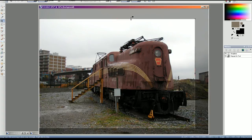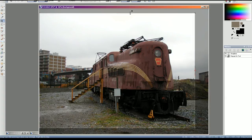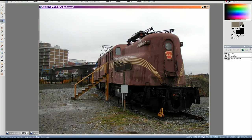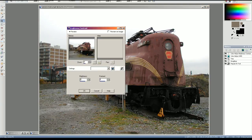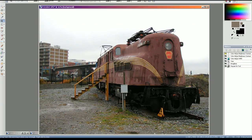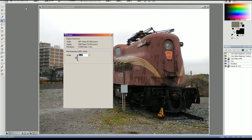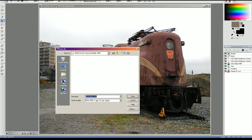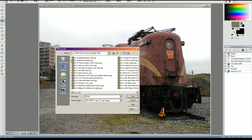I believe that they've built a shed around this today, and it is protected from the elements. Back in 2004, it was still showing off a bit of a cursory cosmetic restoration into a PRR Tuscan Red scheme. I don't know if it was originally that. Apparently, from what I've read, this is just from memory, the PRR only painted 5 GG1s in this Tuscan Red